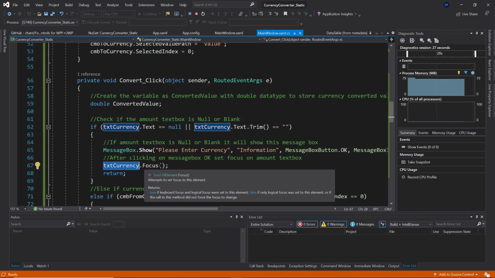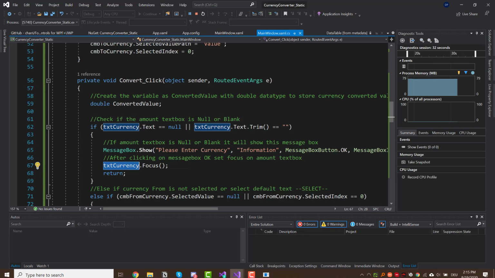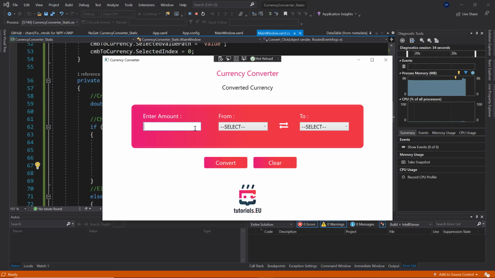And the text currency variable, this field, which is this text box, is then set to be the focus. Okay, so let me click somewhere else. Let me click in here, for example. You can see the text is not currently the focus. Now let me click on convert. This window pops up. I click OK, and you can see now